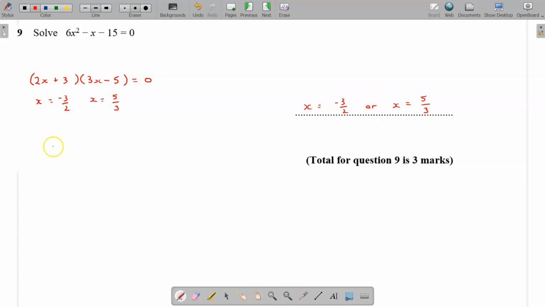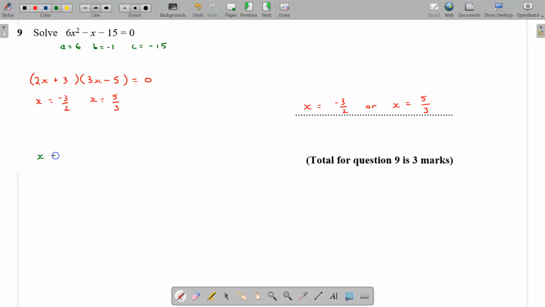Now, if we wanted to use the quadratic formula, I'll just do this in a different colour. There's nothing wrong with that, but you've just got to be careful and identify first what A, B and C are. A is 6. B is negative 1. That's the number in front of the x, you see, and C is negative 15. So if you were using the quadratic formula, you would be saying that